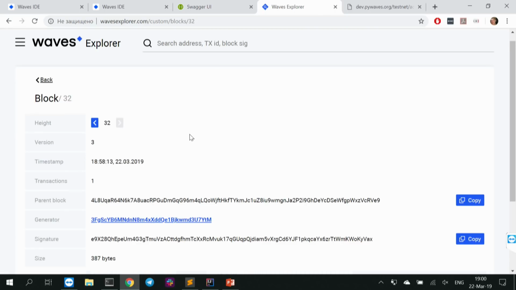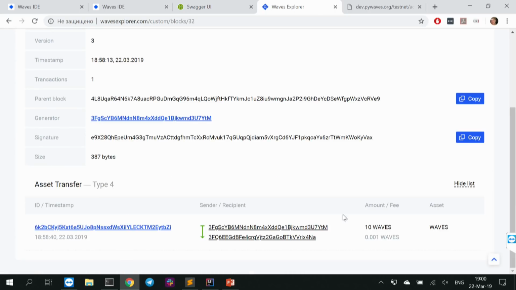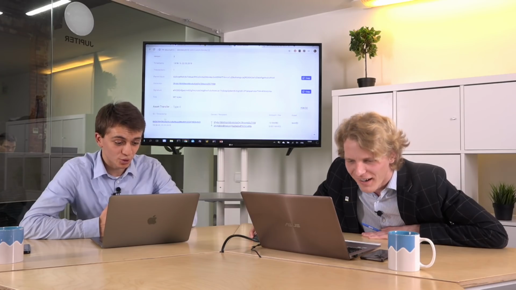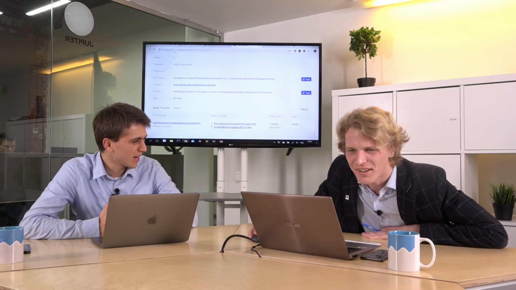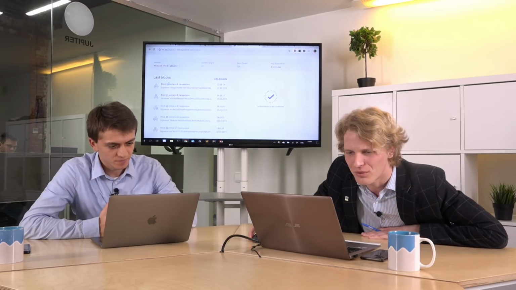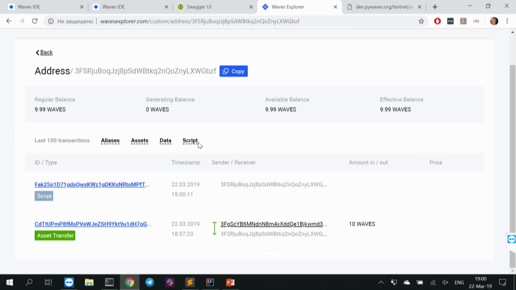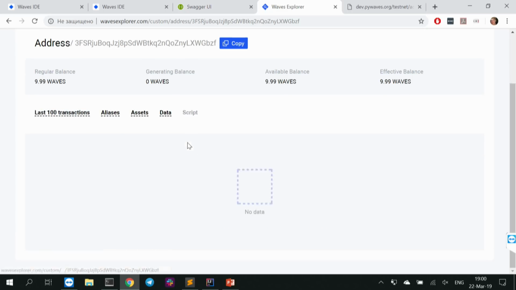Maybe you found the bug online. Yeah, we found the bug online. I think it's in Explorer. So if we go to REST API, I think we will see both of them. We can do it the other way. Let's get back to our account, and we can see that. Here we see both transactions: it issued a script that is set to itself, and the script is there.